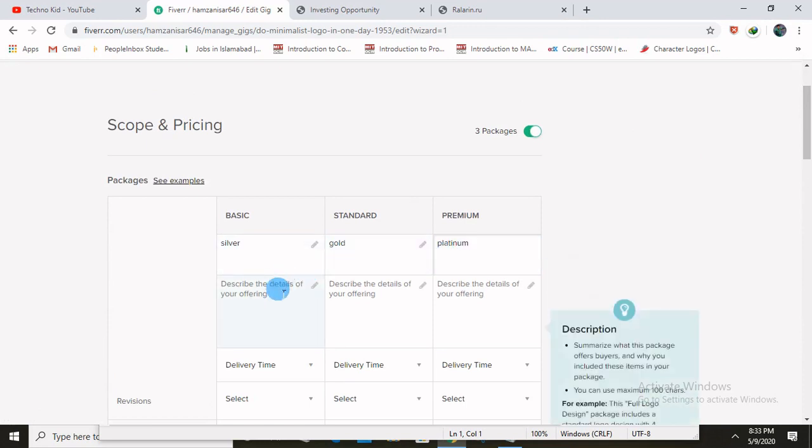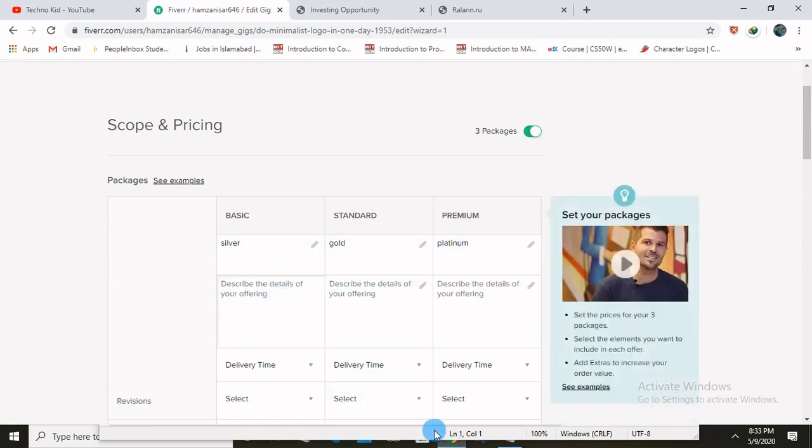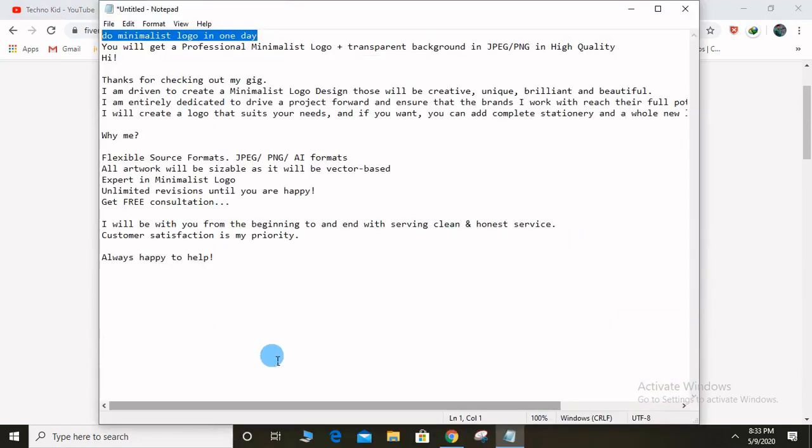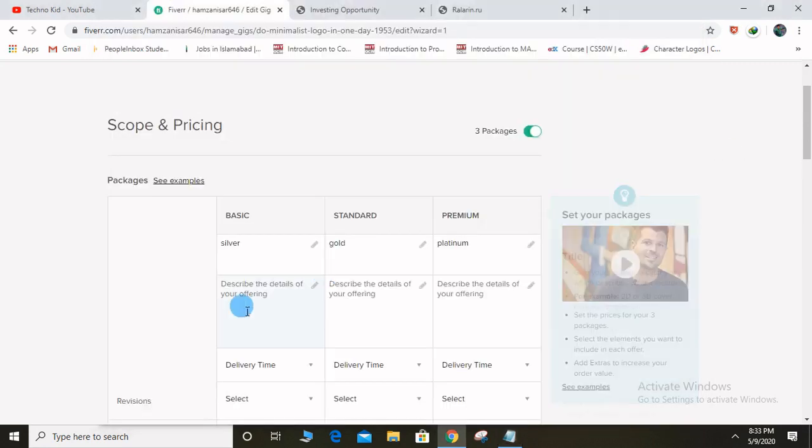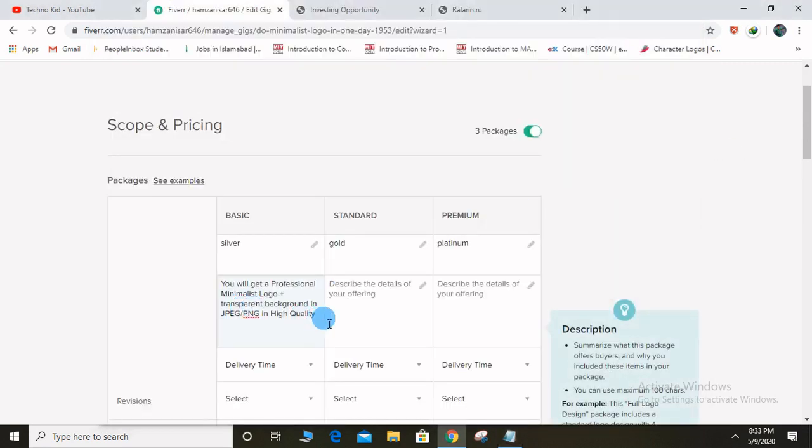Describe your logo, what you can provide them. So I'll go with this: you will get a minimalist logo and this much quality in this price. And here I can give them additional revisions.